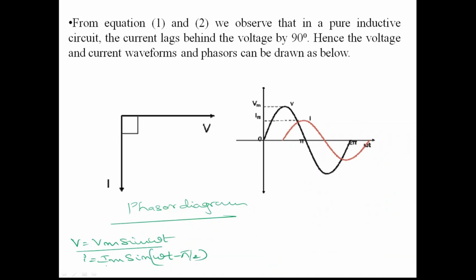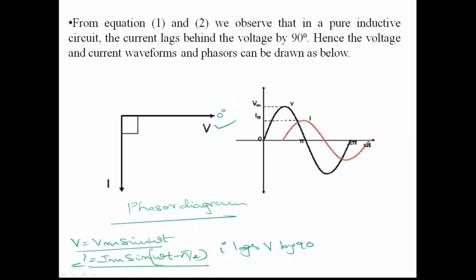Right. How do we represent this? V is equal to Vm sin omega t and I is equal to Im sin omega t. This is the V vector here. Since V is taken as the reference, the 0 degrees axis, and obviously if you look at the current vector I, we have concluded that I lags V